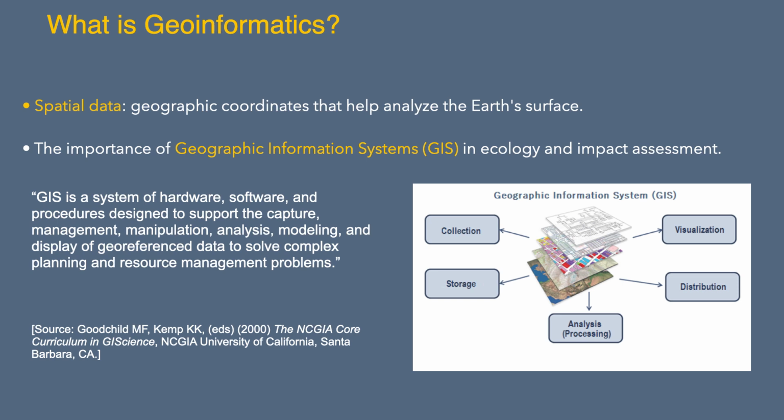GIS allows us to combine different types of data, for example, data about terrain, vegetation, or climate, to analyze them and create maps. GIS plays a key role in studying how human activities affect the environment, especially during conflicts, where it's important to get data quickly to assess damage. Later, I will tell you about some popular GIS systems that I often use in my research. These systems help me analyze the environmental impact of the war in Ukraine.